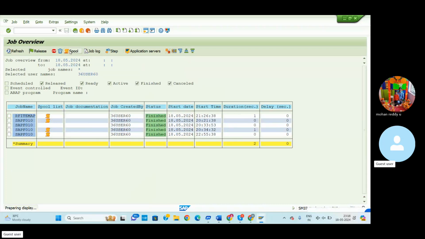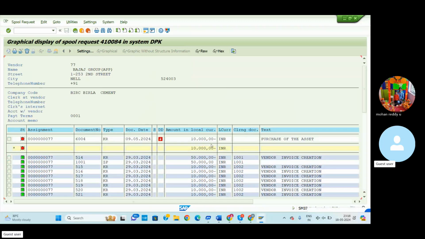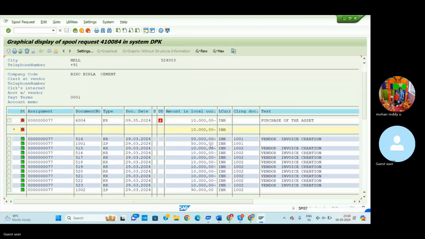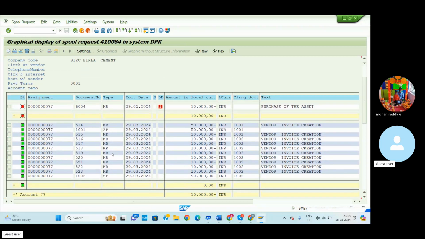So then here you can go to the spool option. Then automatically you can click here. So completely,